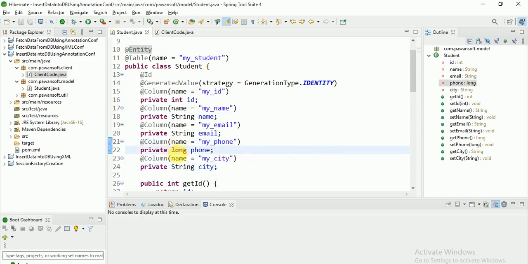So by default it will take the type as the property type here, right? So this is all about simple mapping, how to map the Hibernate persistent class with the XML approach or the annotation approach.